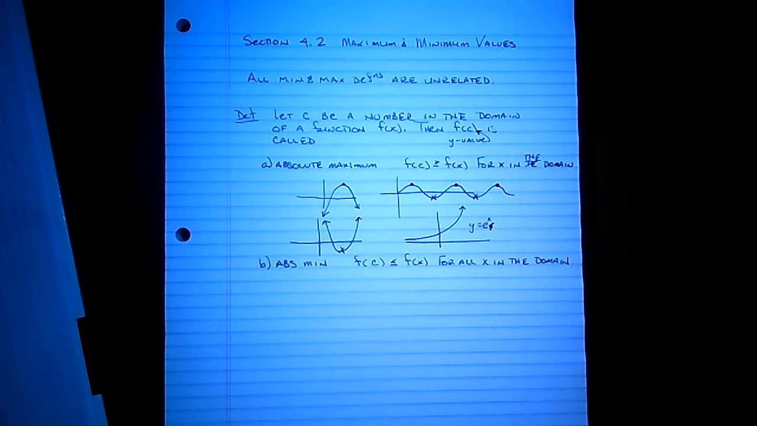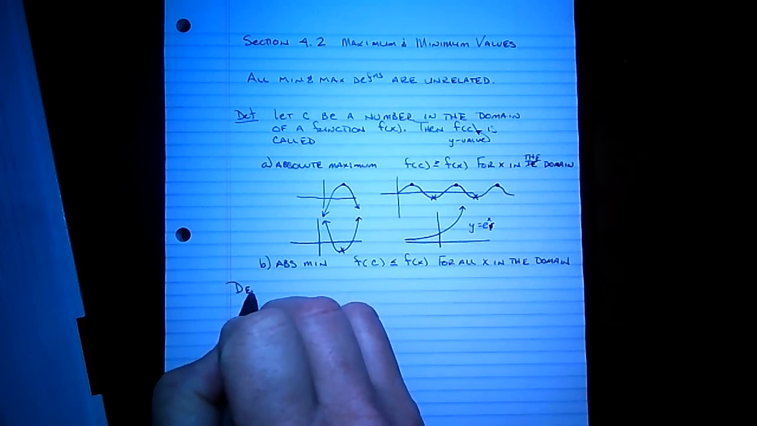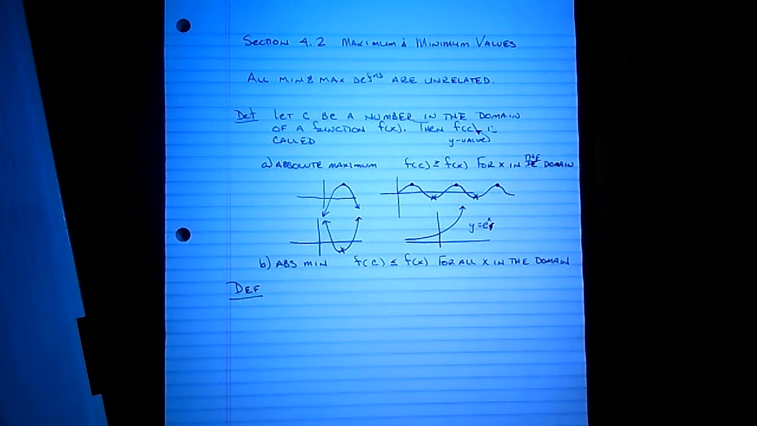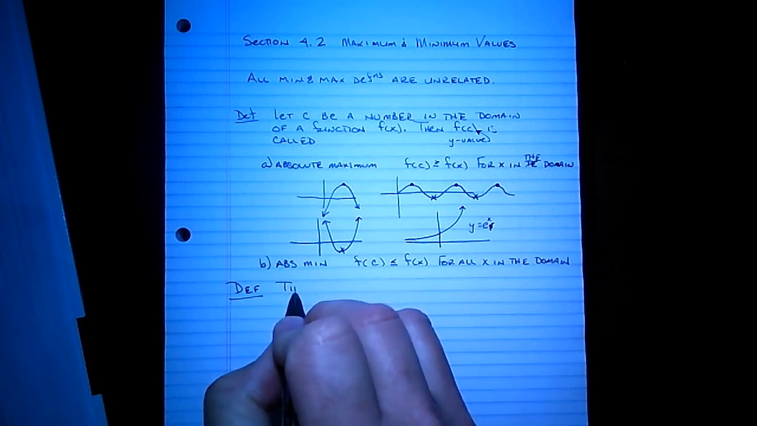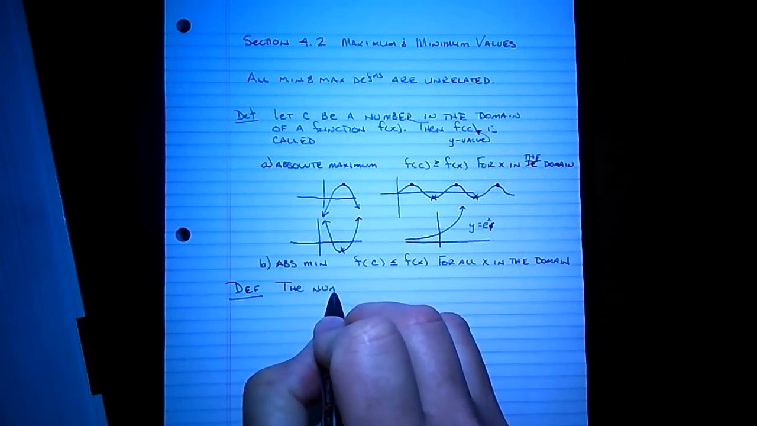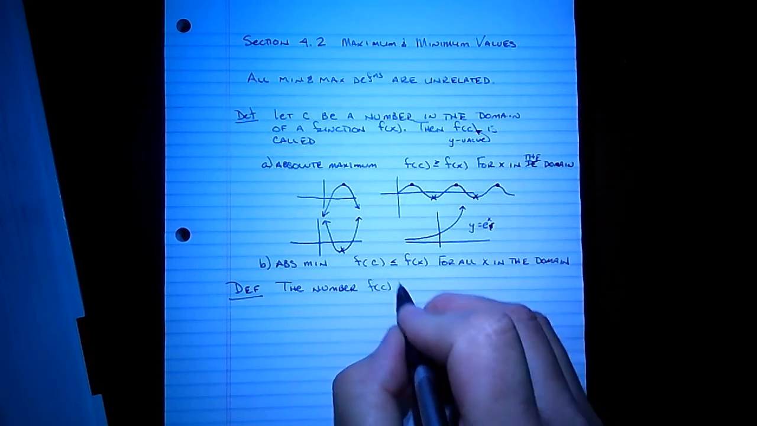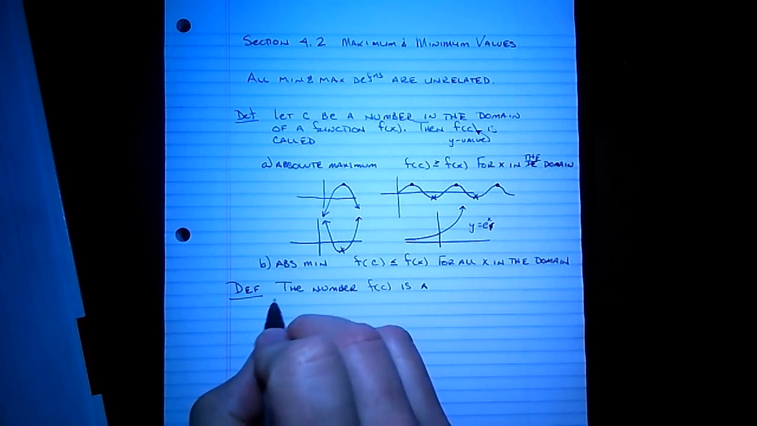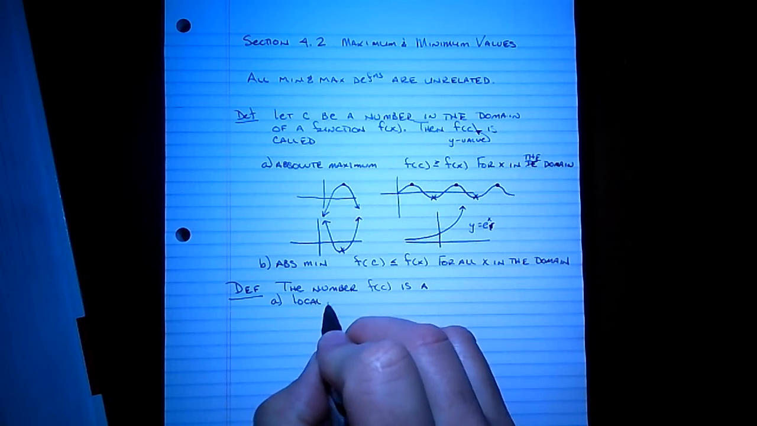So, where do we go from here? Well, we'll add our definition of a local maximum and a local minimum. That's what we're going to say here. And it says this. It says the number f of c is a, and then we have two options here as well. We're going to call it a local maximum value